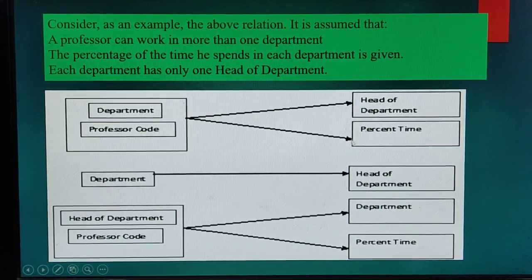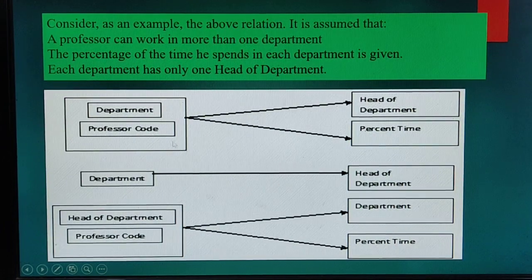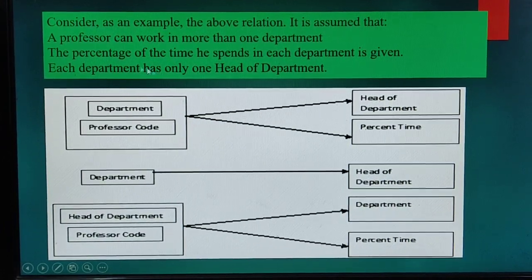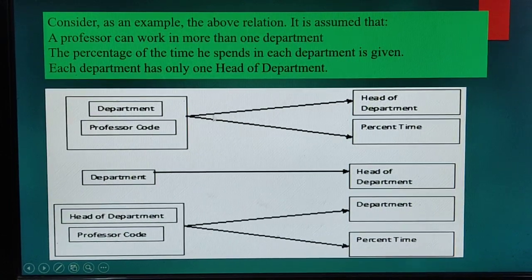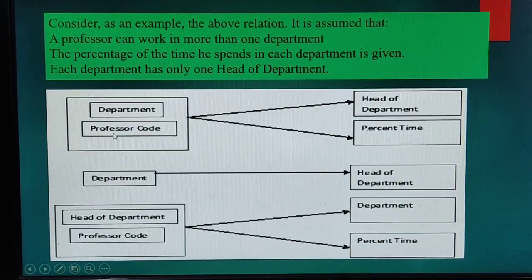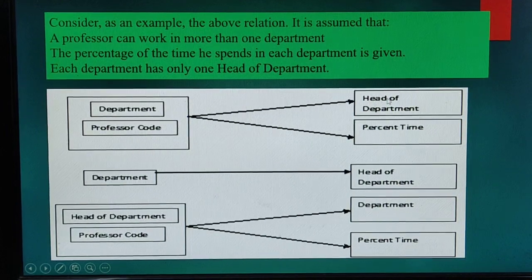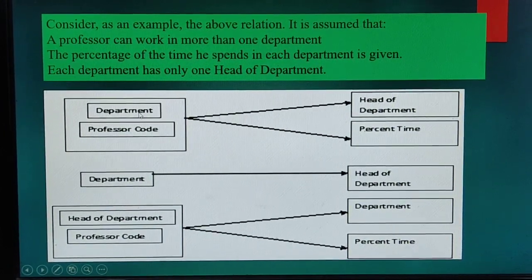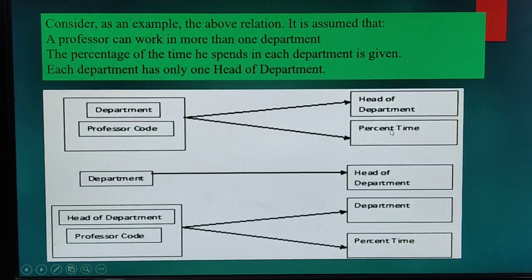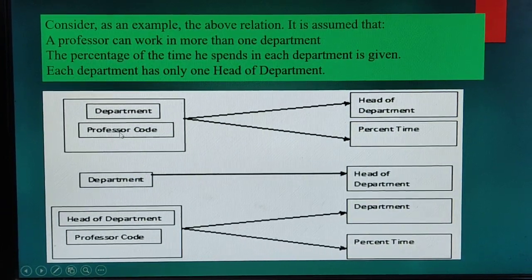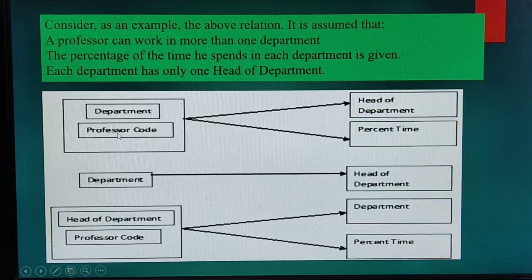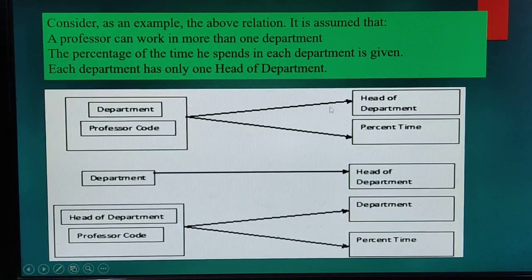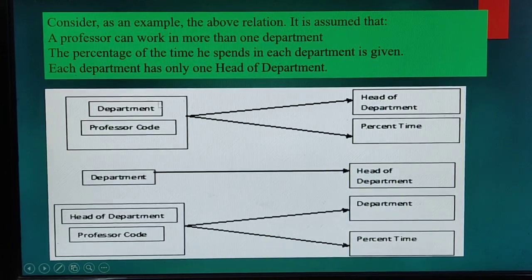This is the figure we have designed: this is department and professor code. We have combined it. This is called a composite key. Now, department and professor, you can see head of the department is related to department. Percentage of time is related to professor or professor code. So a professor can spend a specific percentage of time, and a head of the department is directly related